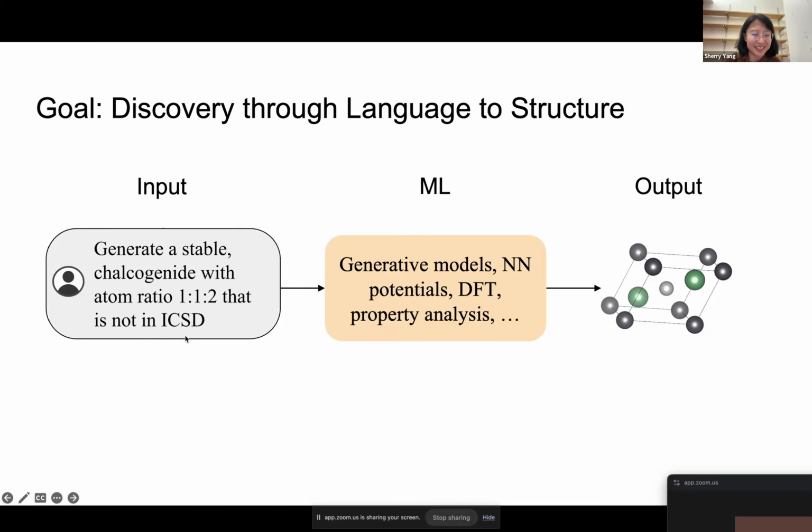You don't want something that already exists in the existing database. At a high level, we want to use various tools like generative models, language models, diffusion models, and predictive models that, given a structure, predict its energy, stability, and so on. And we want to get back the most promising structure that follows this instruction. This is something that the science people don't have, so you don't even have baselines, because they don't have something from language to structure.